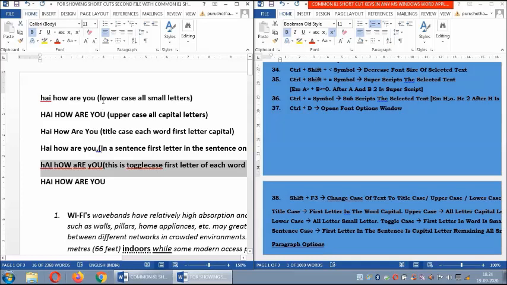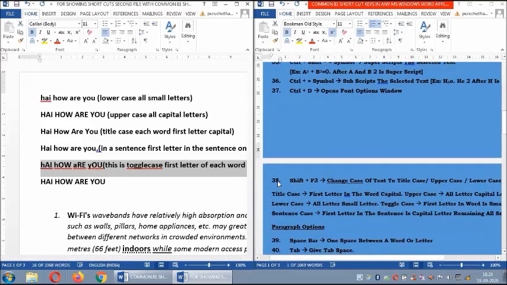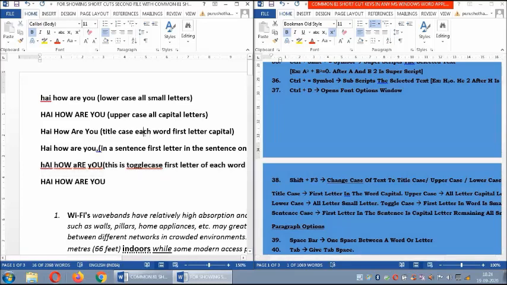Mostly we use these four styles. Mainly capitals and title case we use for headings, and normal sentence case, and sometimes we may use it for side headings also. Now next, there is one more option, I will tell you later also, but I am showing one more thing: to increase your font and decrease your font.